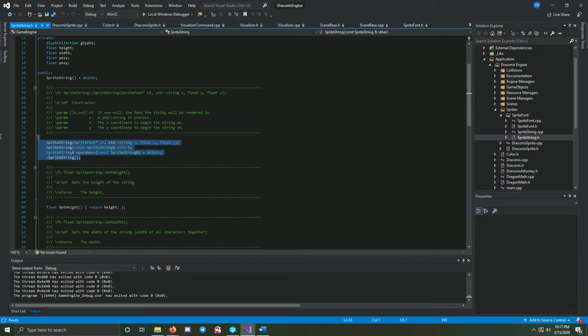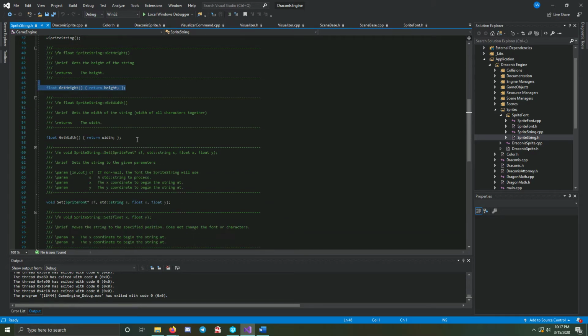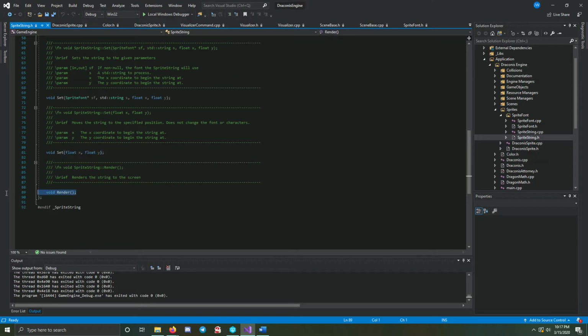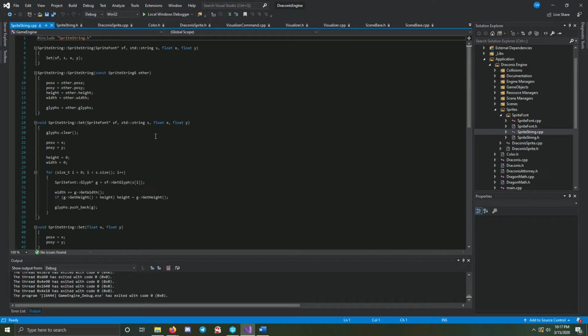We have our functions here, get height, get width. We have two set functions, one where you give it a new sprite font and a new string, and the other just repositions everything. And then we also have render, which is also blank. So moving in, you can see that